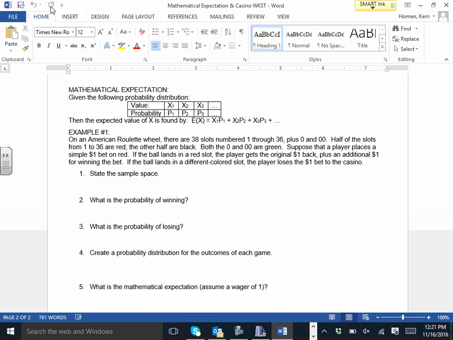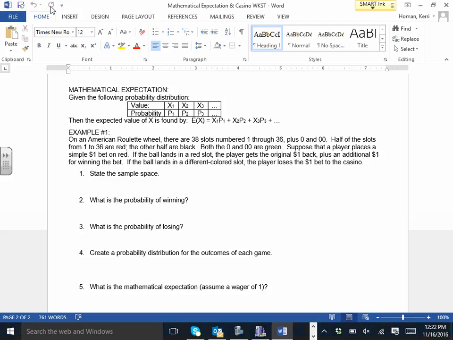Now, what we're going to do for mathematical expectation is this. We are going to figure out the probability for each scenario. Okay? What is the probability of winning? What is the probability of losing? What is the probability of breaking even? Okay? So,